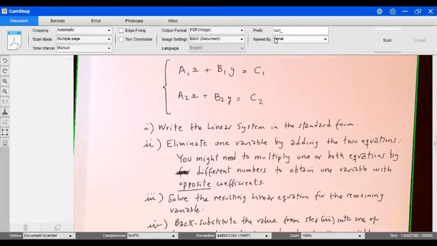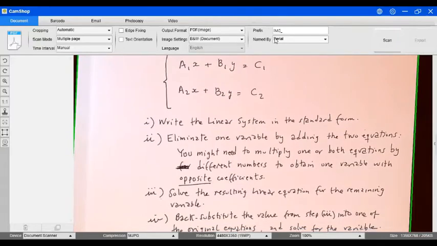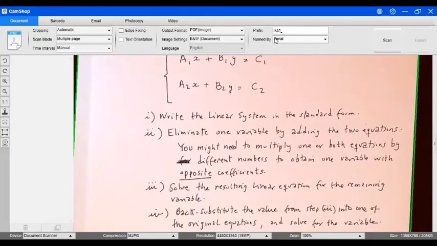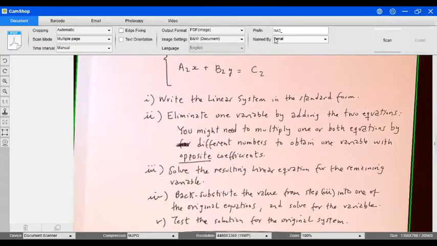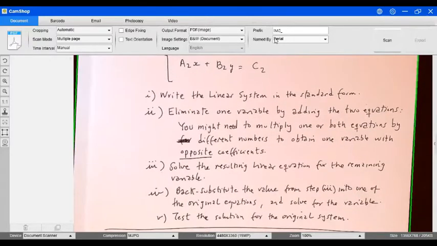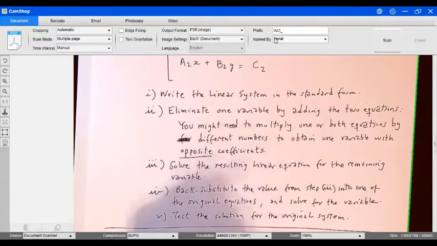And then you're going to do the same thing that we did with the substitution method. We need to substitute the numerical value obtained in the last step into one of the original equations and solve for the other variable. And then we need to test the solution at the end. So I'm going to solve 3 problems for you to see the method, and then you're going to have the chance to solve some linear systems by using this method. So I'm going to start with example 1 on page